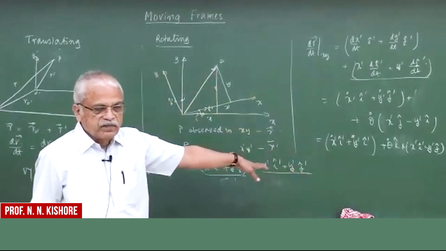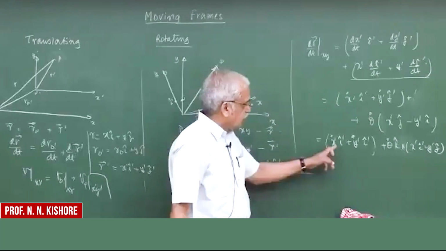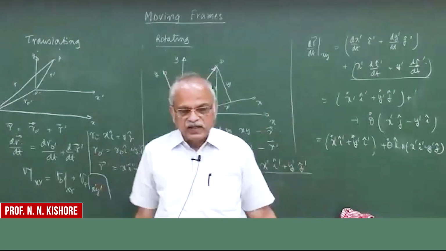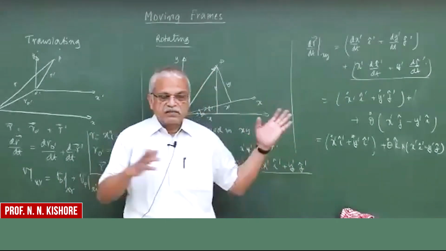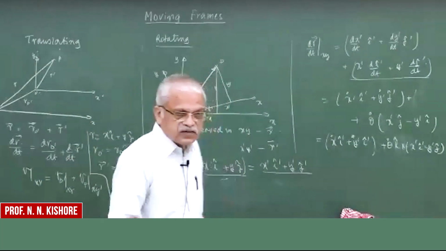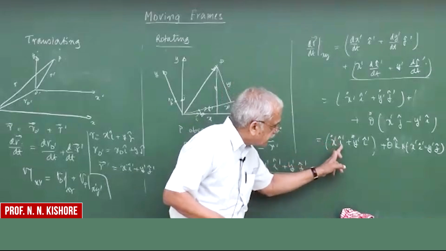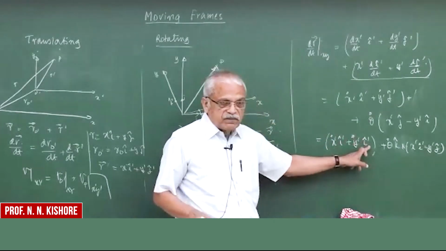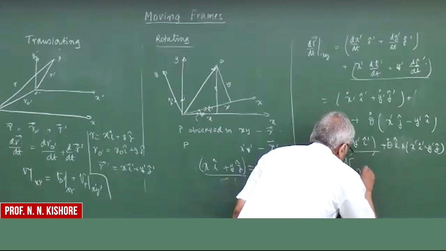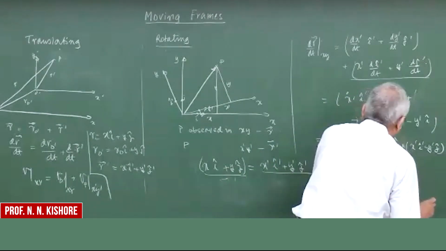And this is where you have to pay attention carefully: the one thing which is in this bracket, x prime, is an observation made in the rotating frame, and you are taking a time derivative of it. So how much it is moving, okay, the time is the same. Whether you are in the fixed frame or rotating frame, the time ticking is the same. So how do you see this one? This is x dot in the direction of I prime, y dot in the direction of J prime. This is nothing but the relative velocity as observed in x prime y prime, while this is theta dot k